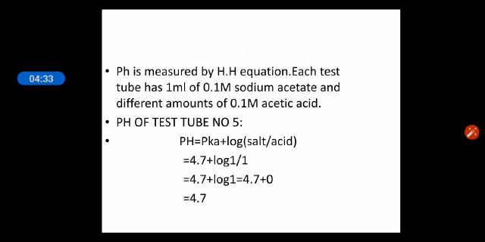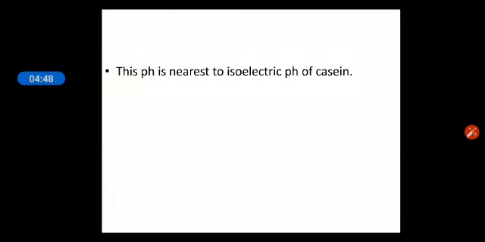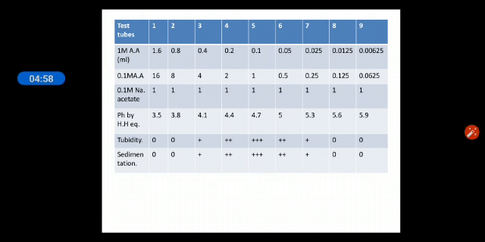Now the amount of acid and the amount of salt are put in this equation, and the result is obtained in the form of 4.7, and this 4.7 is the isoelectric pH of casein. So at this pH the